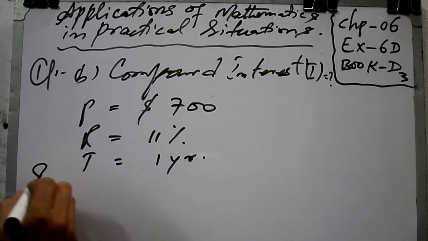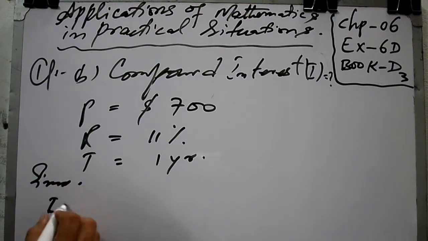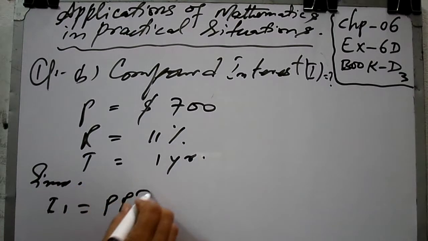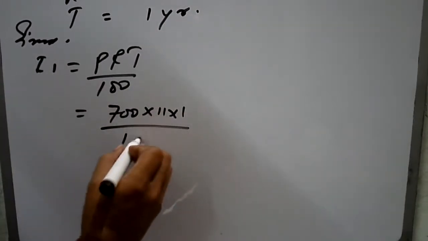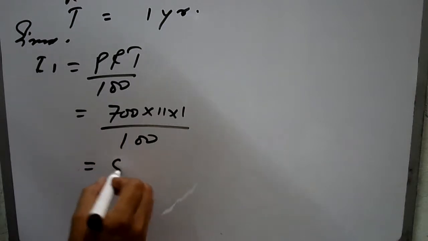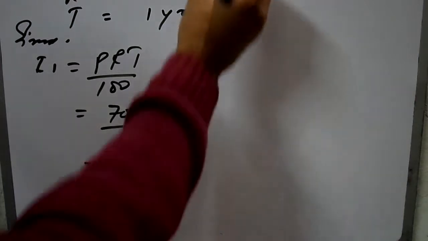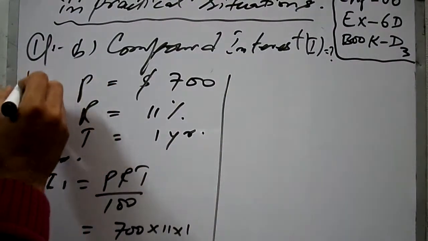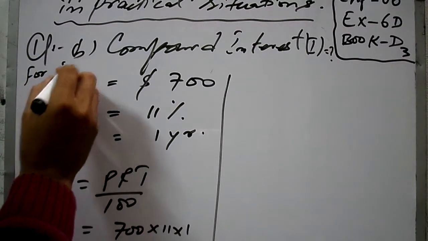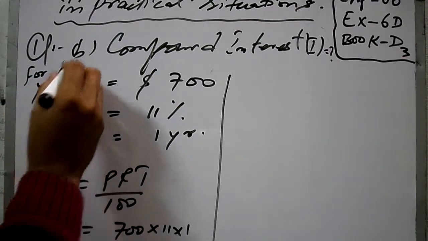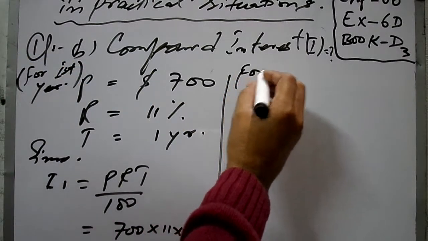So since I1 is equal to PRT divided by 100, putting the values, you will get $77. So similarly you have to calculate. This calculation is for the first year. Now for the second year,